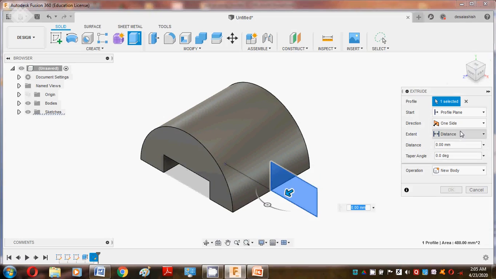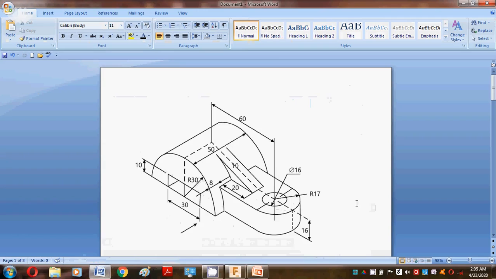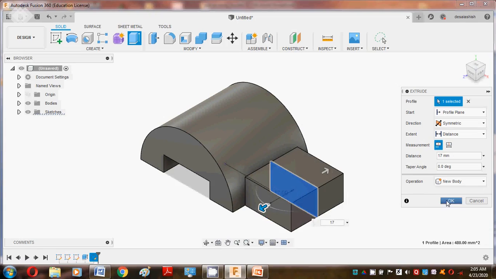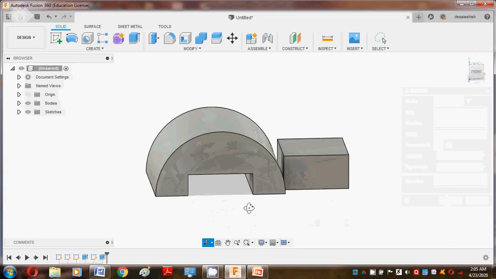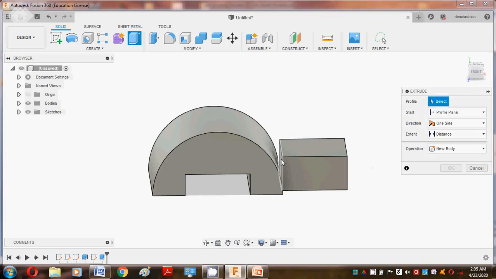extrude it on both sides, so that's why it's considered a symmetric manner. So this symmetric manner we consider for this 34 because the radius is given as 17. So here we select 17. Say okay. Now we move here where the cap is created, so we again go to the extrude command, select